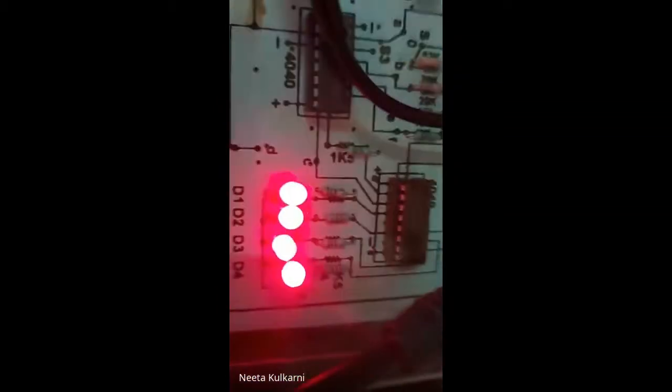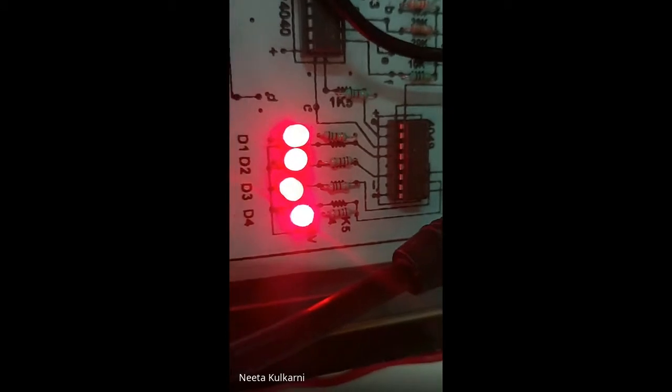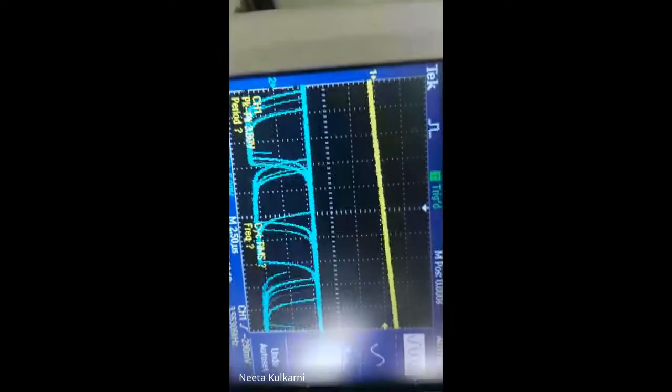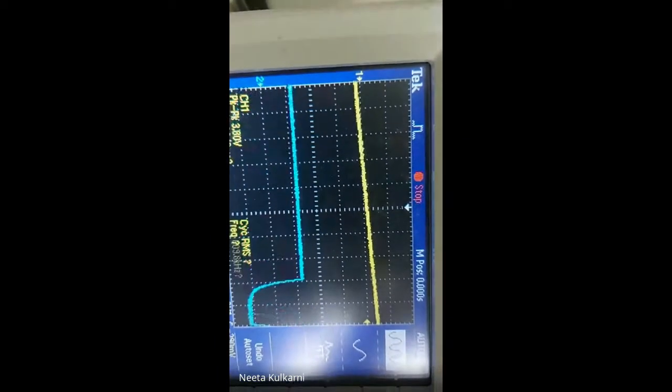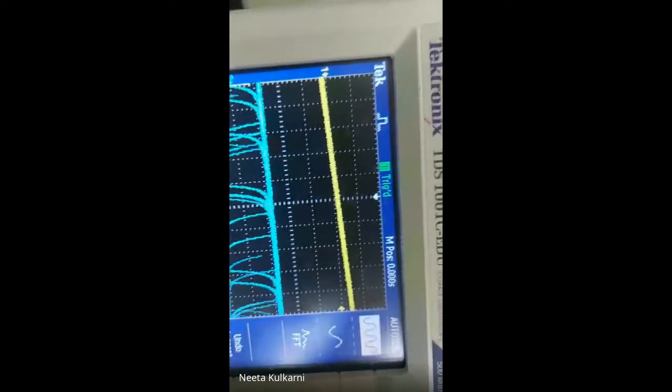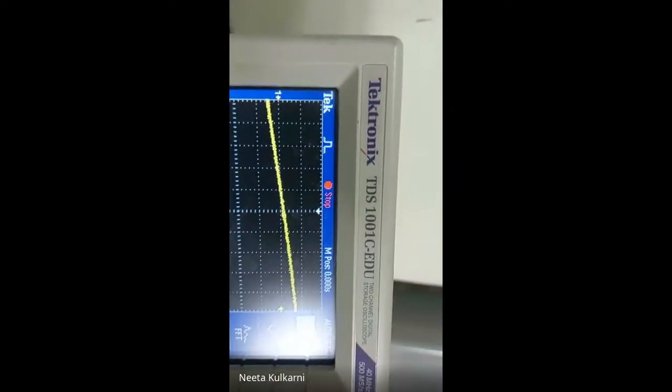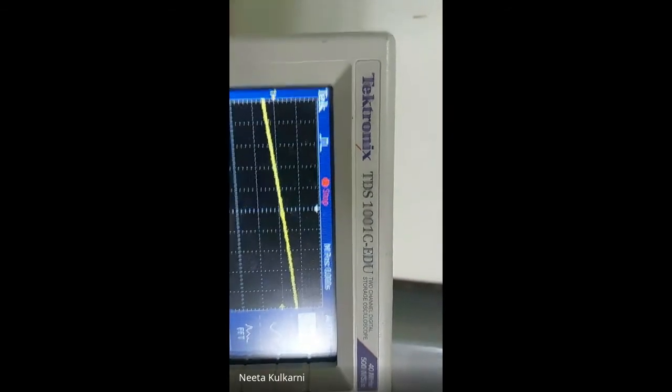Let us see. The above signal, in yellow color, shows our actual message signal, and that message signal is going to be quantized and encoded. Here 4 bits are used. If you observe here, D1, D2, D3, D4. That means the encoder size is 4 bits. These 4 bits are going to be represented here. You can see the data below. After 1 pulse, you can see these 4 bits lie here. High data will be here.